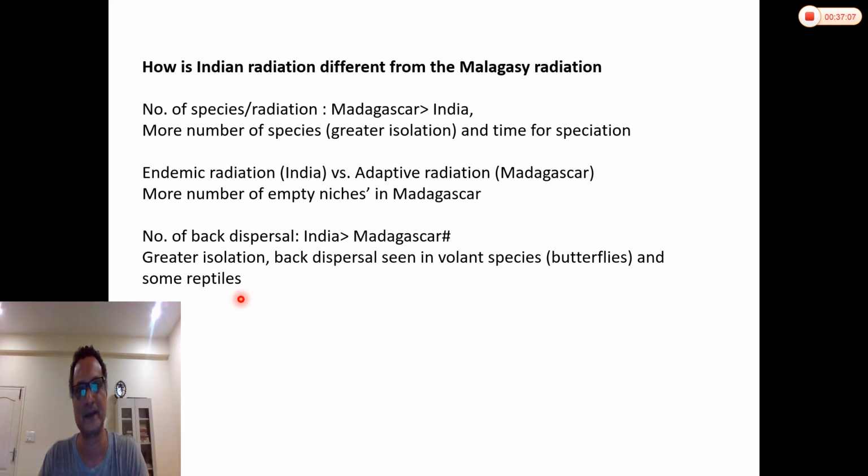I think India is just a fantastic place to address some of these questions. I'm going to follow this up with the whole adaptive radiation story from India. There are a few cases of adaptive radiations in India, and we'll try and understand adaptive radiation in greater depth in future talks. Okay, so that was